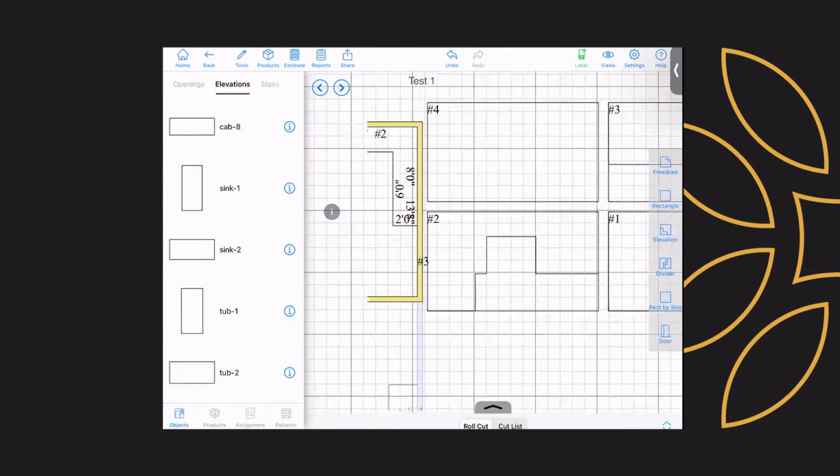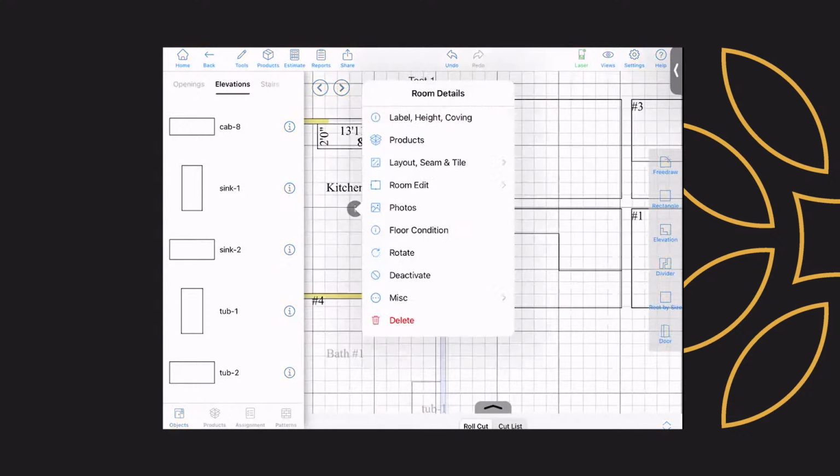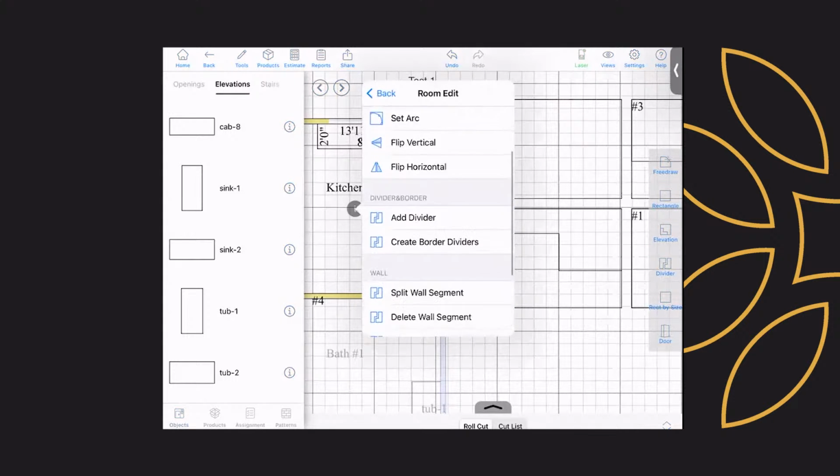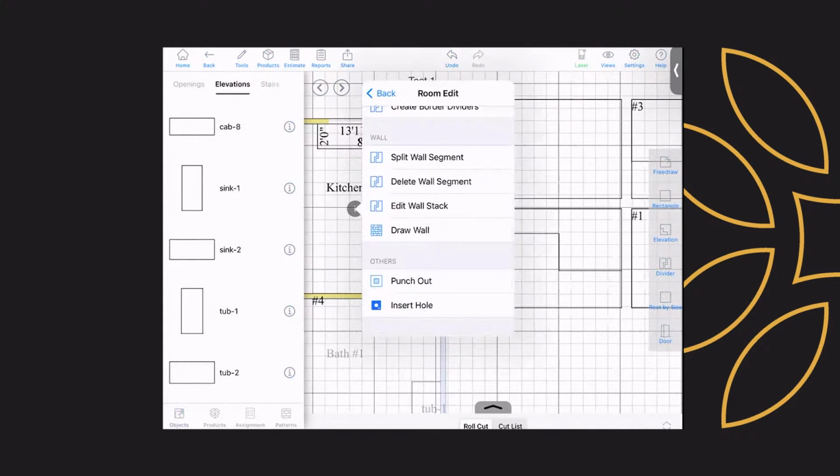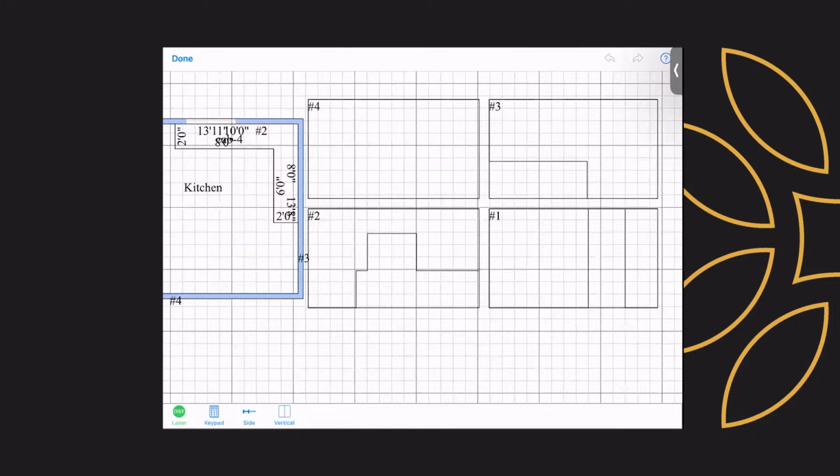So now I want to come in here and hit the eye in the room, go to room edit, go all the way down, go to edit wall stack. Once I go to edit wall stack, it's automatically on the horizontal. So I could drag this up and we'll go up to 4'6", typical backsplash. Now I can hit the vertical down at the bottom, cap these off, cap this one off,